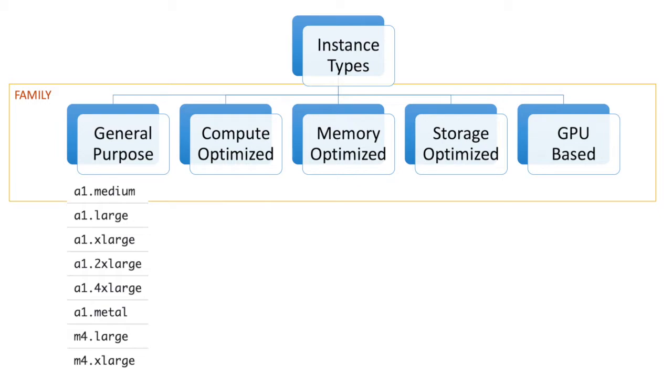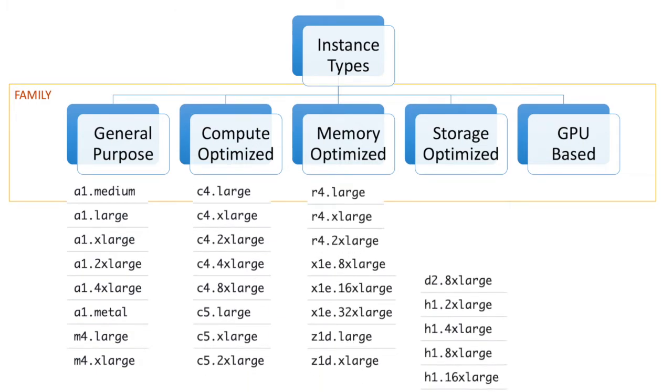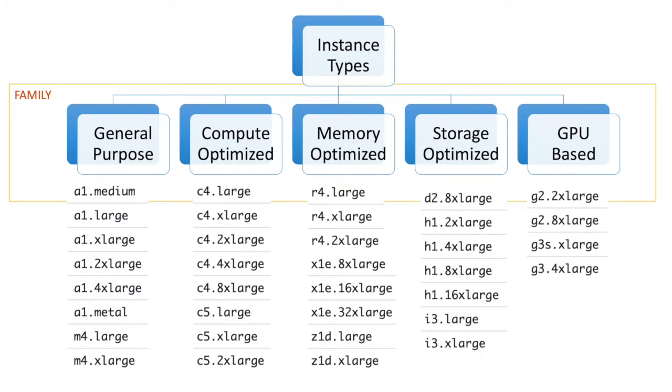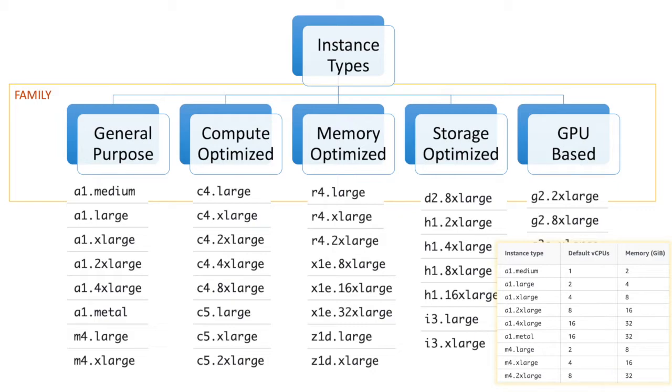And within each family, you have been provided an instance type. Okay, so general purpose, something like A1 medium, A1 large, A1 X large, 2X large, 4X large. Similarly, compute optimized, memory, storage, and GPU. Now what these stand for is, A1 medium tells you the kind of CPUs and memory it is going to have. Medium might have just one CPU and 2 GB of memory, but the next instance type, large, is going to be a multiple of something. Let's say it is twice. Again, it is going to be a linear relationship.